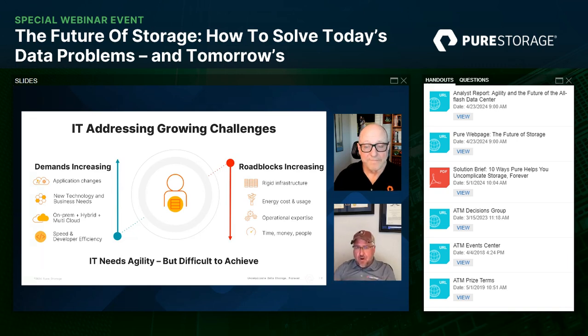With where we are at Pure, I think our entire intention was to design for, to borrow from a bad metaphor, where the puck was going as opposed to where the puck was, from storage. So everything that we've done has been to optimize the ability to navigate those roadblocks on the right, to include rigidity, right? A single purpose is nothing but rigid, and we are anything but that.